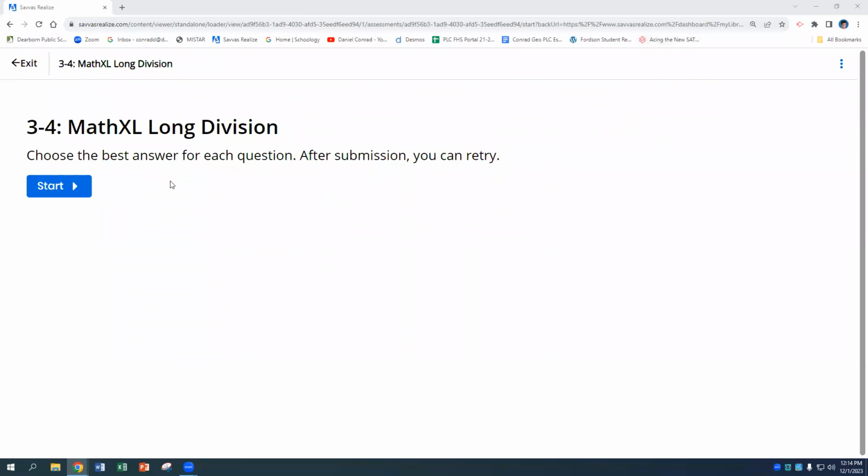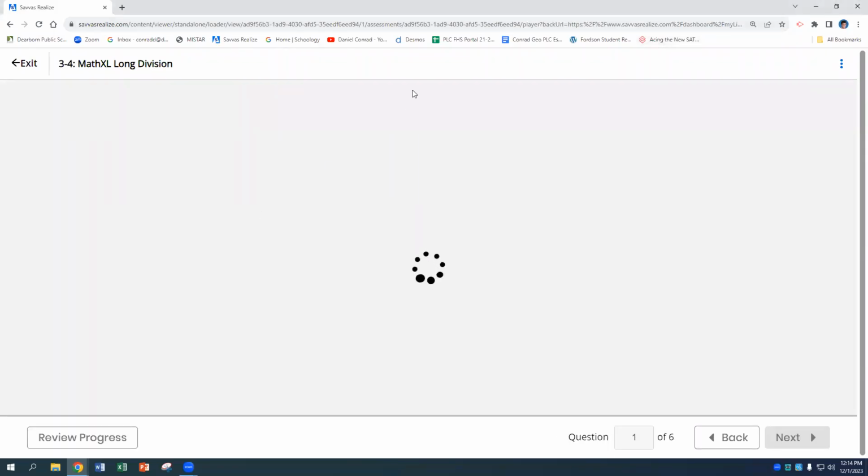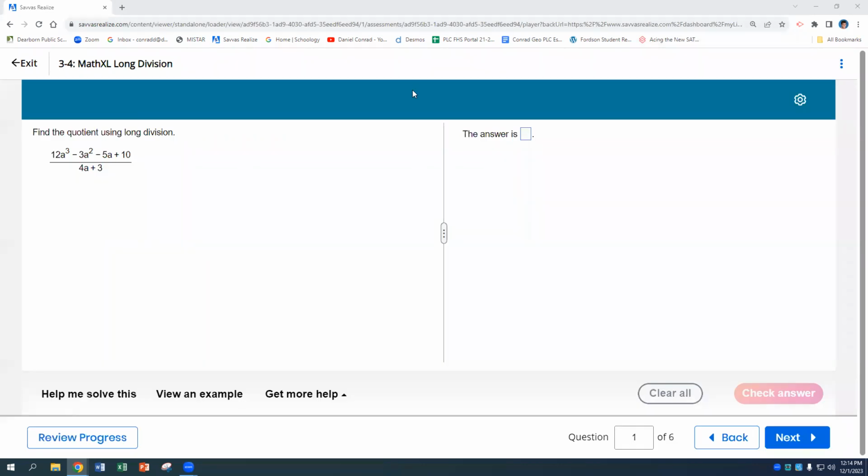All right, this is long division with polynomials. So we're going to divide 12a to the third minus 3a squared minus 5a plus 10 by 4a plus 3. So what we're going to do is put 4a plus 3 over here, and we're going to divide that by 12a to the third